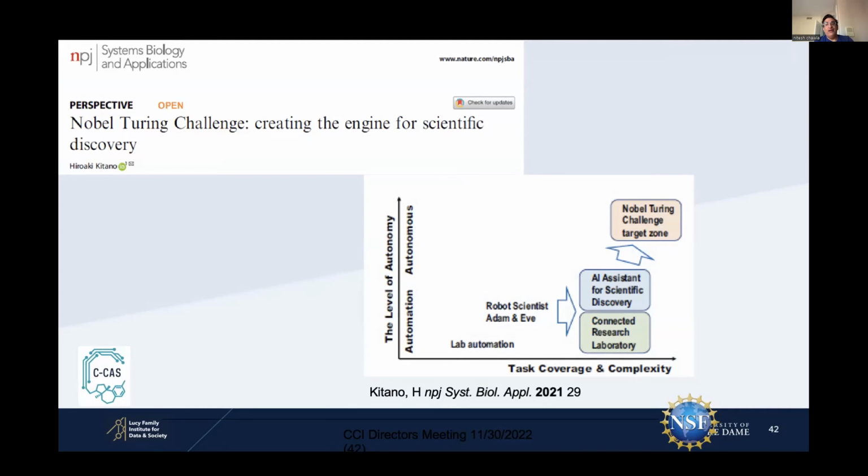We are, today, in a low task coverage and complexity zone. And we haven't quite achieved autonomy where AI is working autonomously. AI is supporting the human more, augmenting the human more. There are assistants available, etc. But can AI be an autonomous partner to a human or to a process independently that leads to a scientific